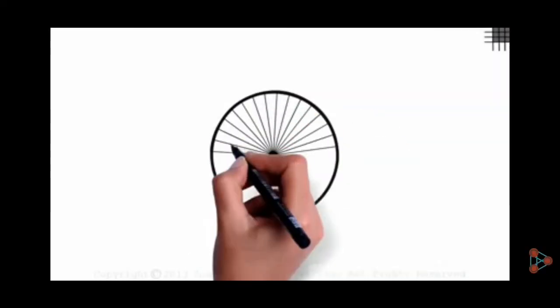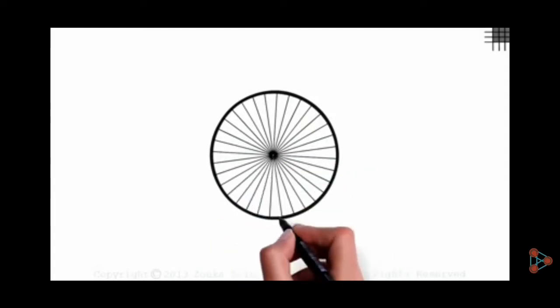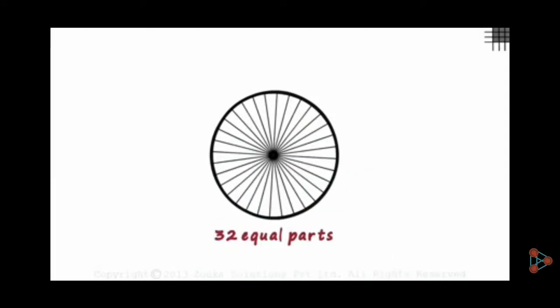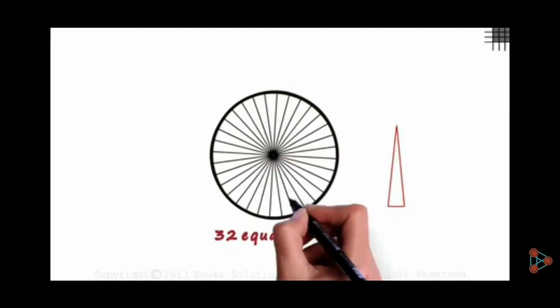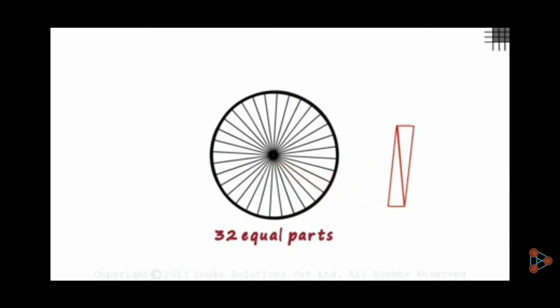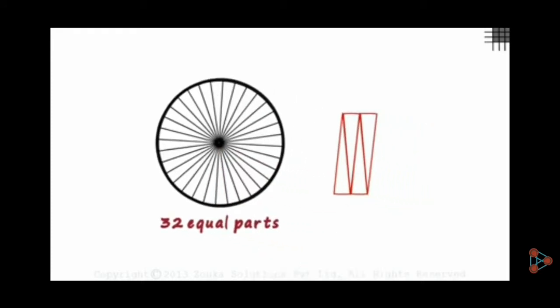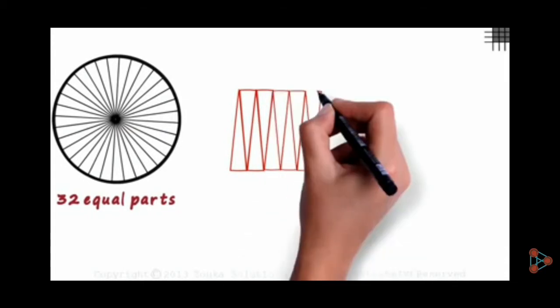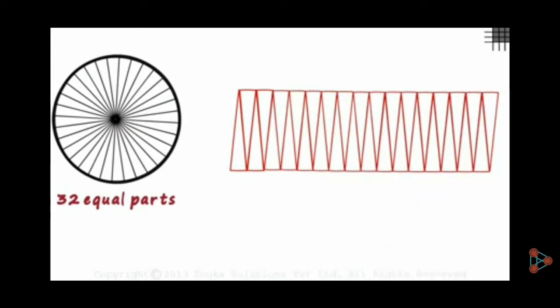We have drawn many radii to divide the circle into 32 equal parts. The total area contained in each of these 32 parts is the same. Let us take one piece and place it like this. We take another piece and place it next to the first. Out of the 32 pieces, we have kept 2 adjacent to each other. Let's take the third piece and place it next to the second, then the fourth piece. Similarly, if we place all 32 pieces like this, this is what we get.